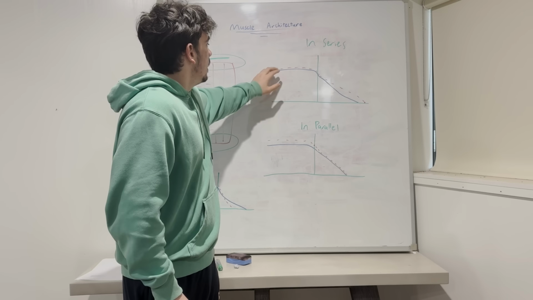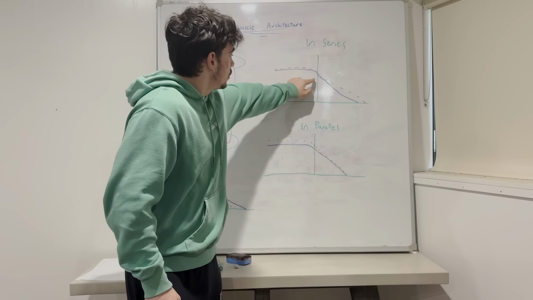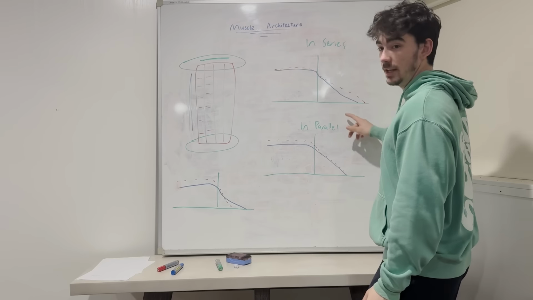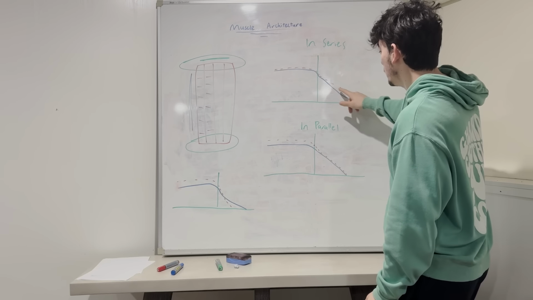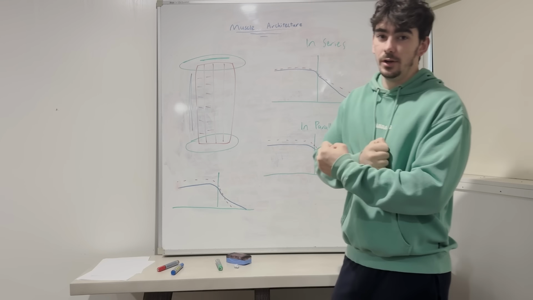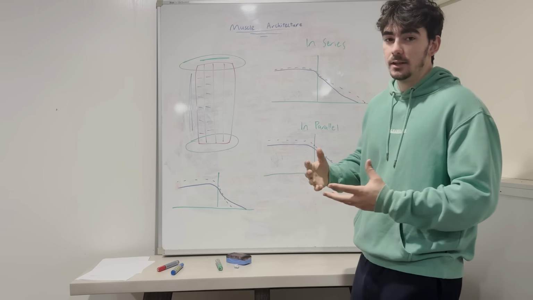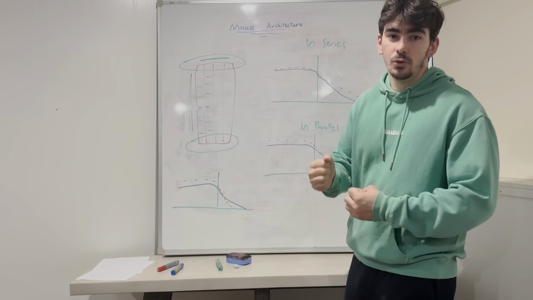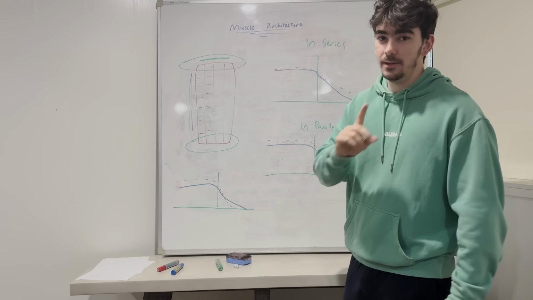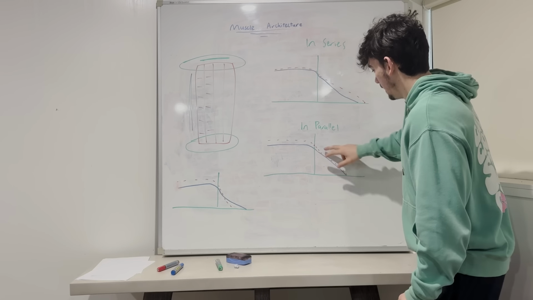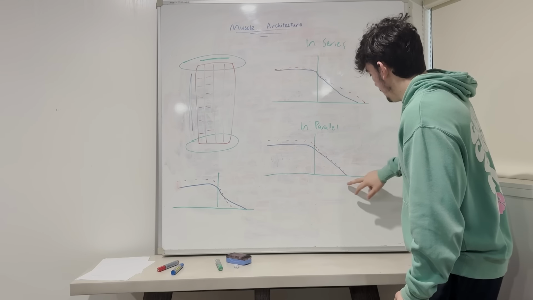Anyway, so we know the in-series isn't going to give us any strength, right? However, in this increasing concentric velocity, we're actually going to get increased strength. And that's because this muscle is able to shorten further than the other one, basically. So that means we're going to get greater concentric shortening velocity at a given velocity. And then if we compare it to the parallel, we're not going to get any extra